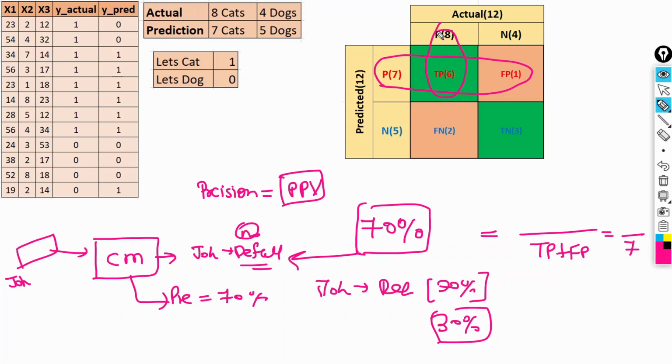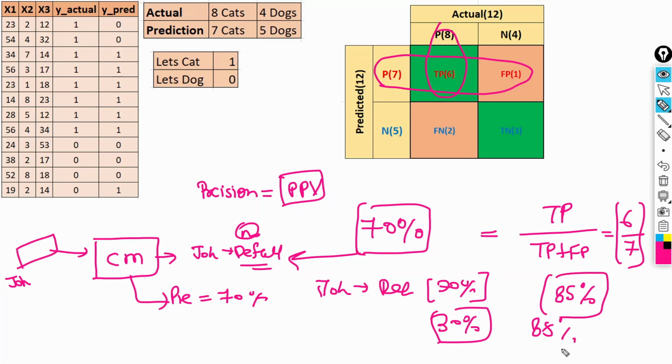This. We have only 6 classes, 2 positive. It means this is the precision my model has, around 85% precision. If I say my model has 85% precision, it means my model will provide 85% correct predictions during the classification. It means 15% of my model output could be incorrect.